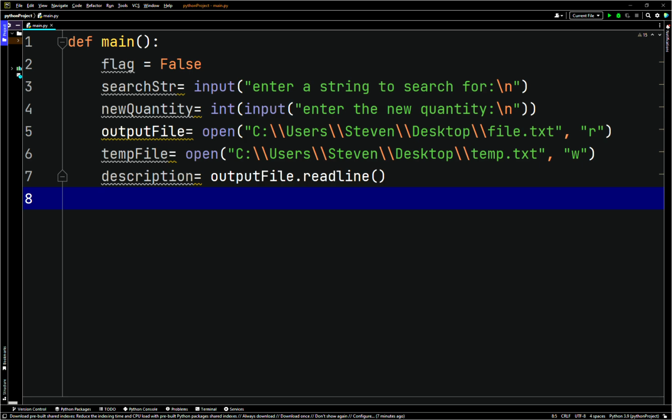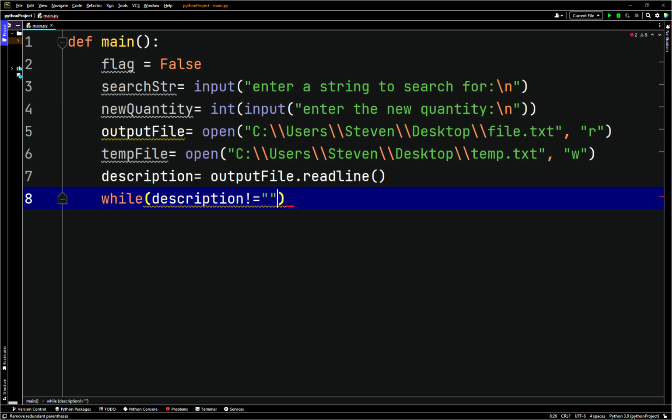And then now we'll say we'll have a loop here, so we're going to loop through. So we'll say while description does not equal an empty string. That's denoted with just 2 quotes with no space in between. Then here we'll have